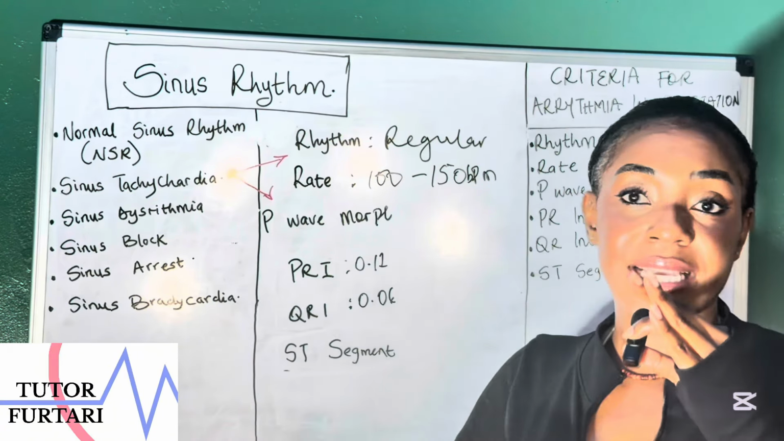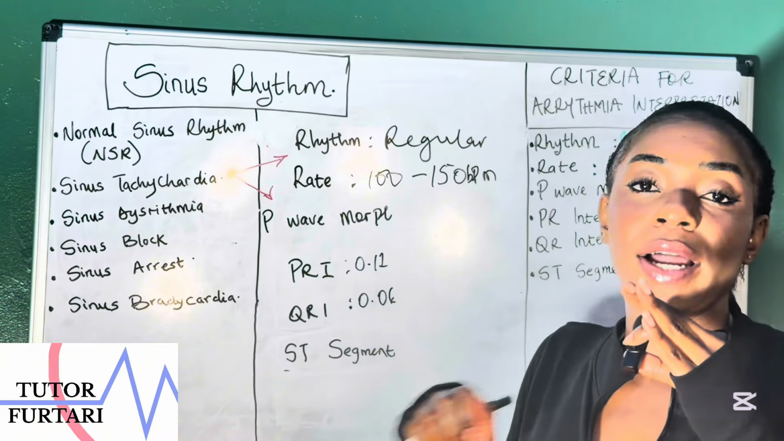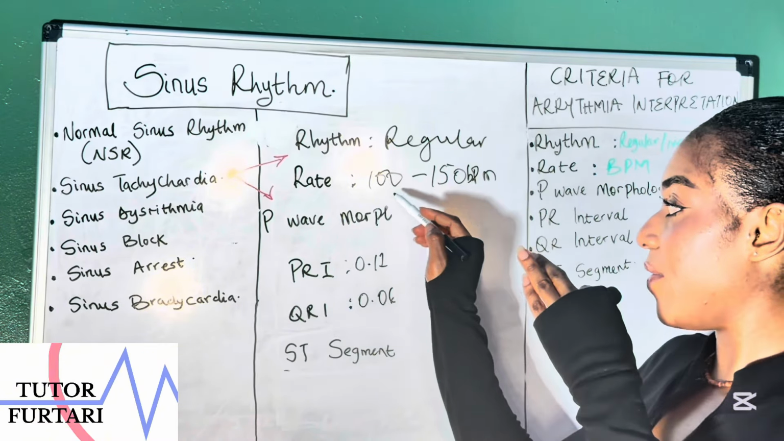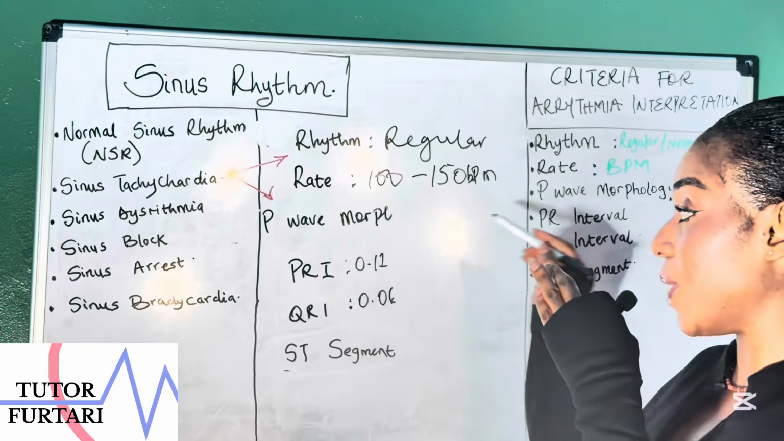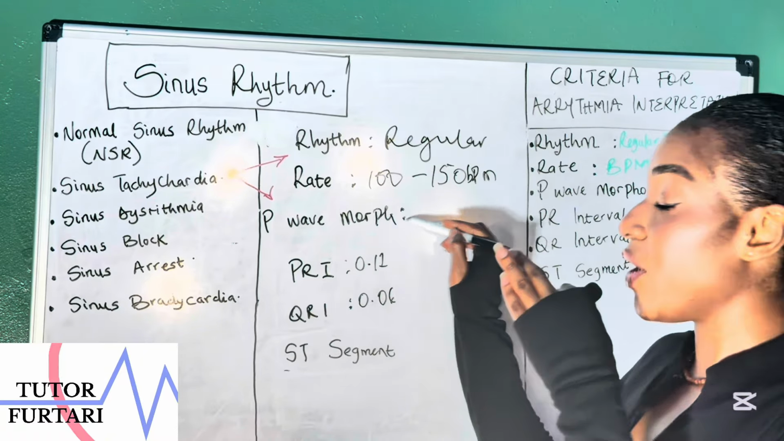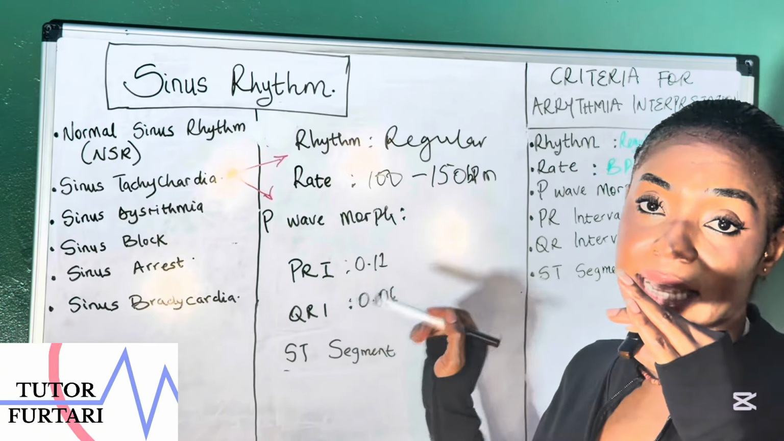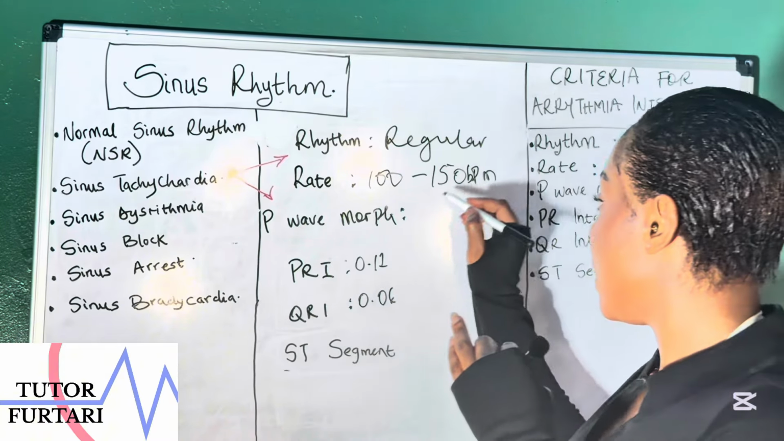The rate is always between 100 to 150 beats per minute because it's just firing. Your heart is firing. It's going up. Your heart is beating so fast. So it goes from 100 to 150 beats per minute. There is always one P wave for every QRS, and it is upright and